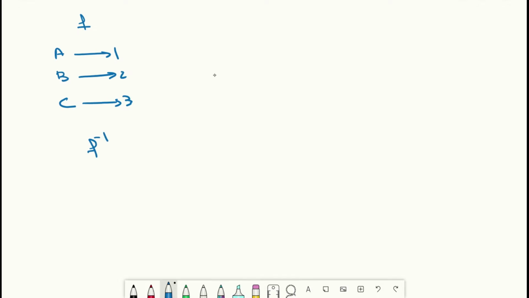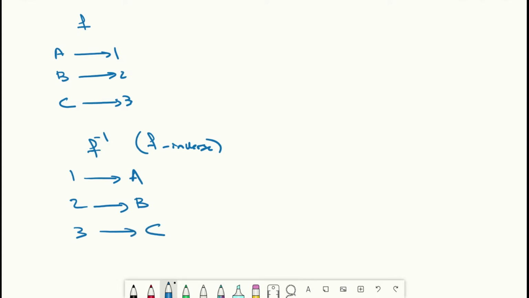define an inverse function, which we write in this manner. This notation is not an exponential notation. This is a different usage of that notation. What it indicates is the inverse of the function f. So you don't want to read this as f to the power of -1. When you see this, you want to read f inverse, like so. So notice we can set up an inverse function which sends 1 to A, 2 to B, and 3 to